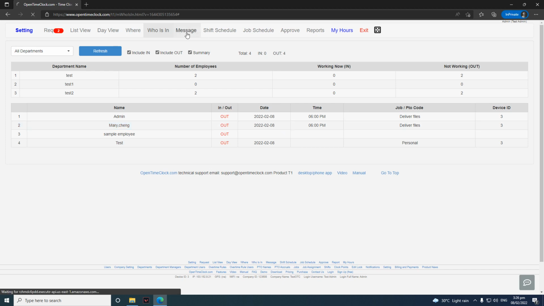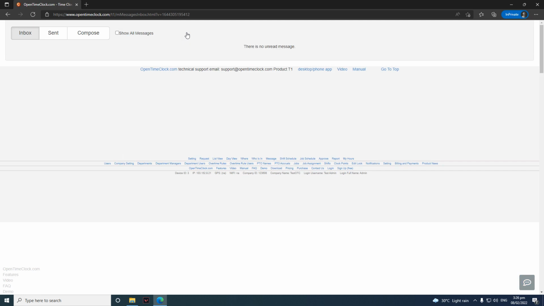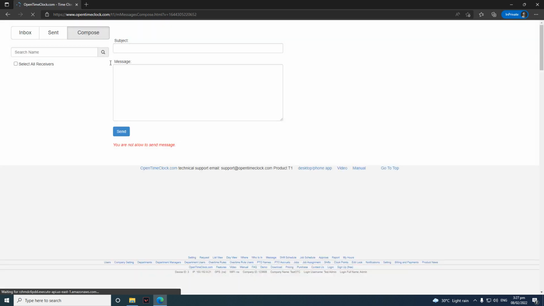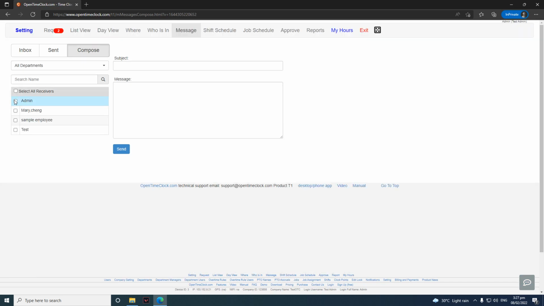We also have a message page where you can directly send a message to your admins, coworkers, or managers regarding some requests. Let's say, for example, you are unable to make any request, but you have to somehow request for an absence because of an emergency. So you can just go to the message page, click on compose, select the name of the receiver here. Let's say you want to send it to your admin, then the subject,